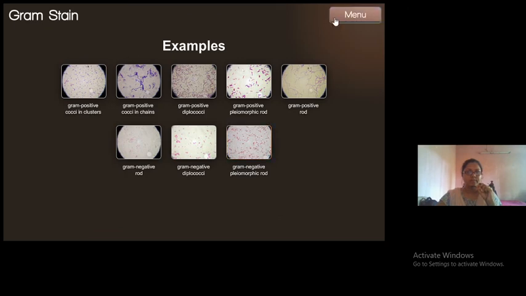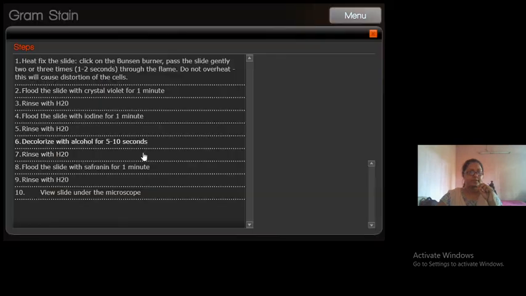Now there are certain things you should know while performing gram staining. That is, the decolorization step is the most crucial step of gram staining. Now you can make two mistakes with the decolorization. Either you can under decolorize or over decolorize.